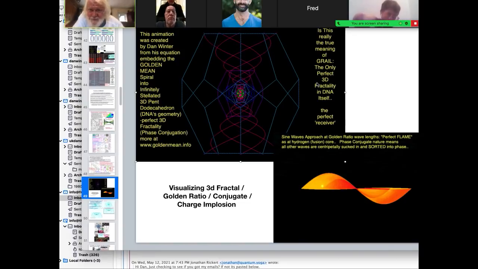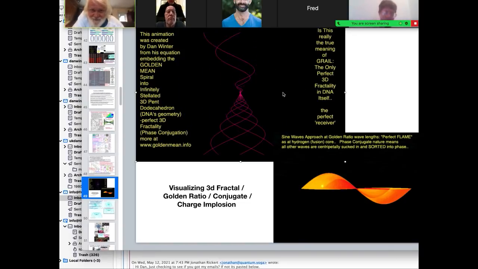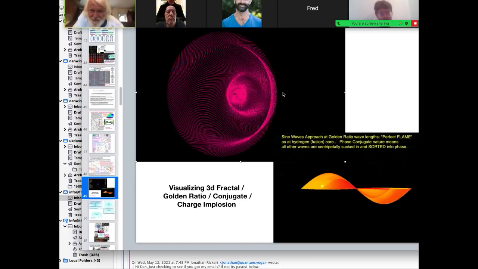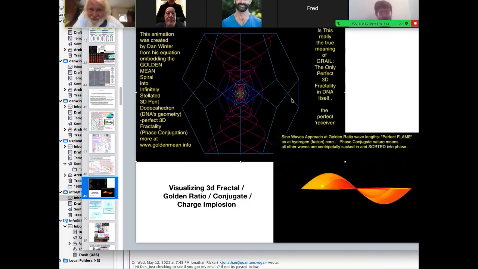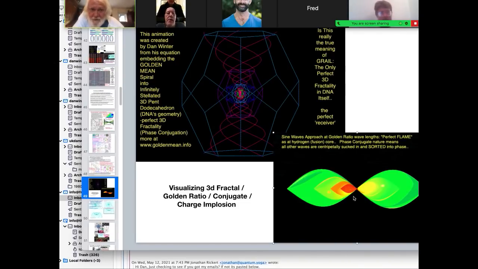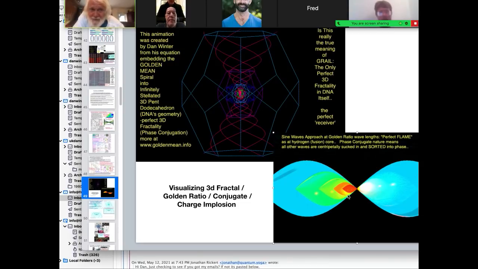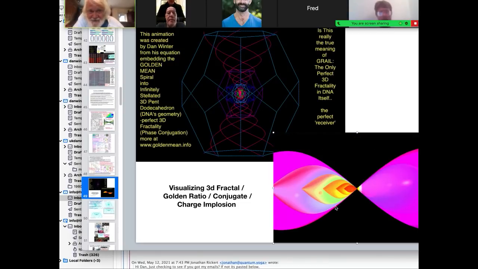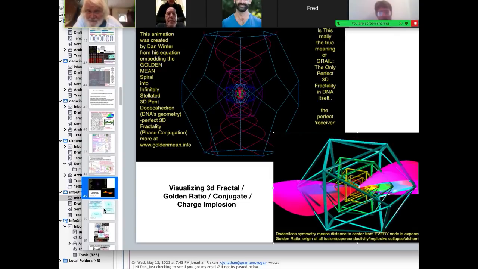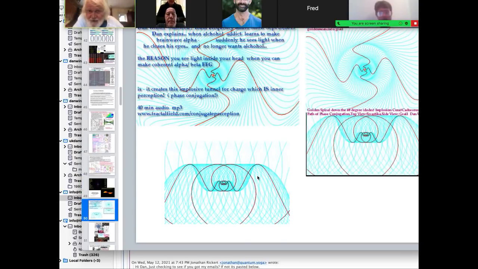And we just did some more animations here. This is called the Holy Grail. You see why that Holy Grail of three-dimensional fractality is in fact literally that embedding of that golden ratio pine cone. And this is the perfect flame in mind. And you see the size of those sine waves as golden ratio, which makes the perfect flame, literally. And if you rotate that pine cone further,